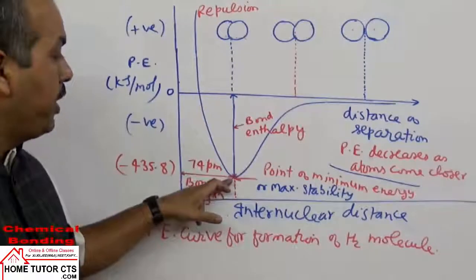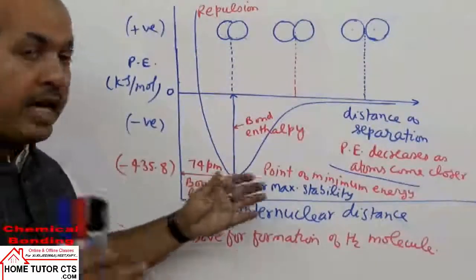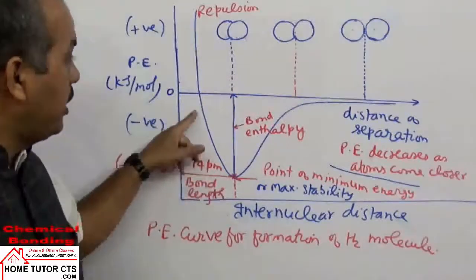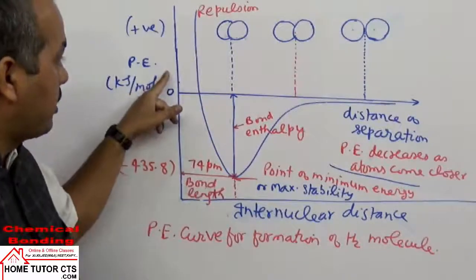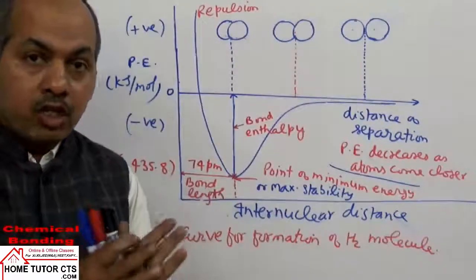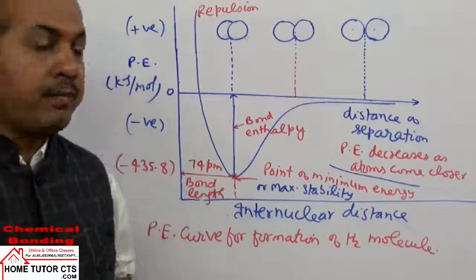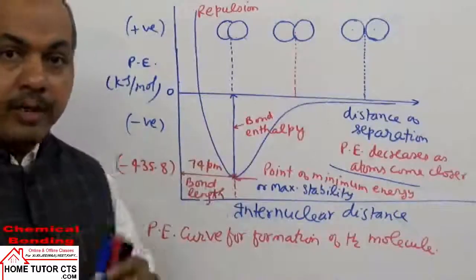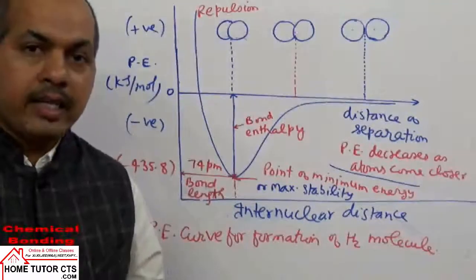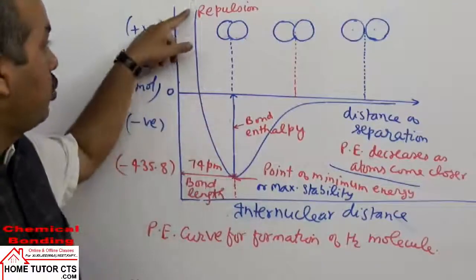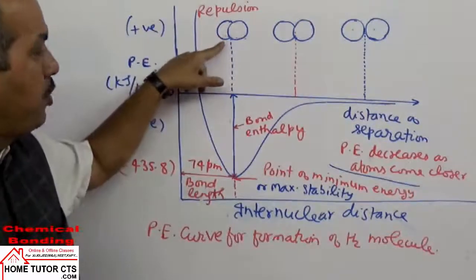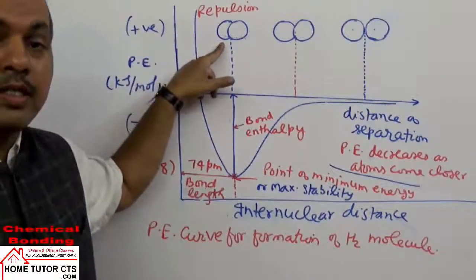So when the atoms slightly try to come closer, then what happens? Energy again starts increasing. It is not meeting this axis. Why? Because the nuclei are closer. When they come much closer, repulsion starts taking place. So again, when we try to bring atoms closer, the two nuclei come very close, and then repulsion starts taking place. So it is not meeting this y-axis at any point, because nuclear repulsion can dominate, and